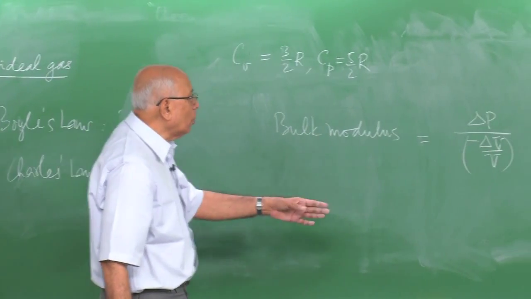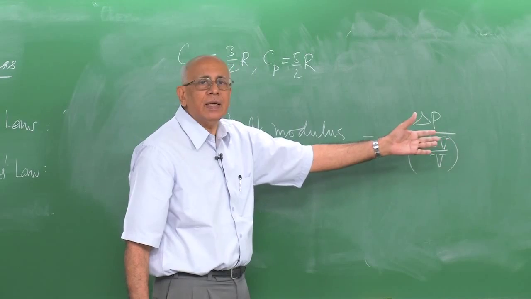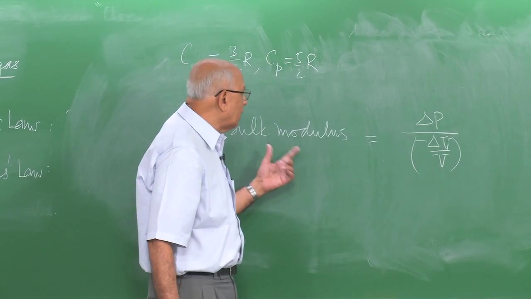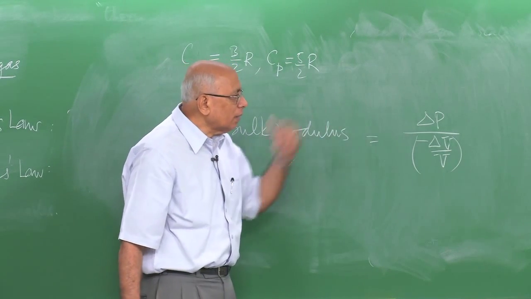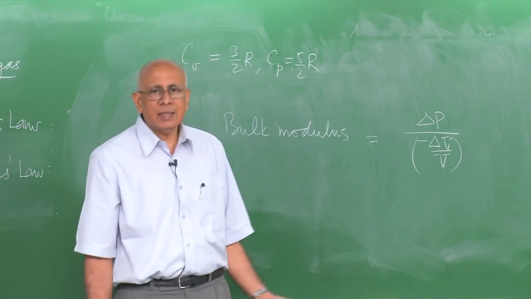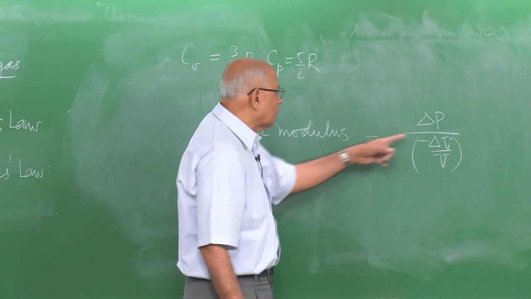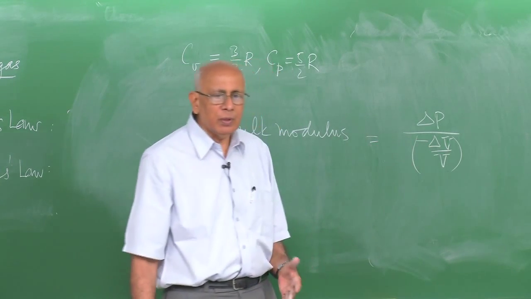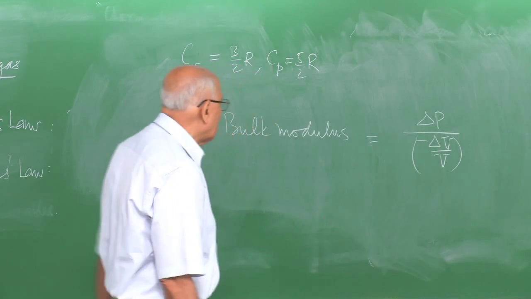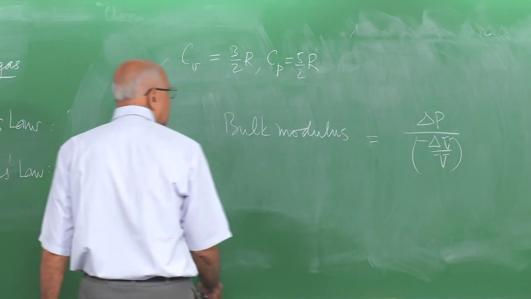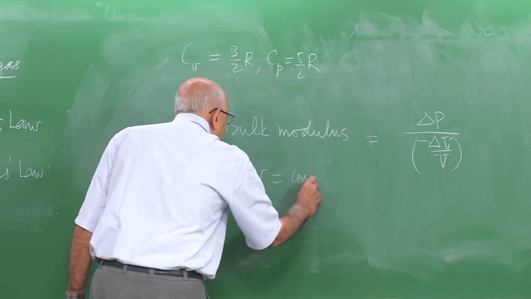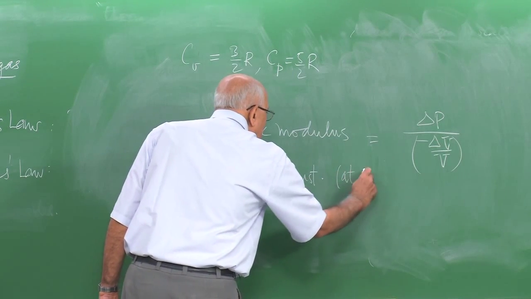What we need to do is to compute what this quantity is for a classical ideal gas in the case when these become infinitesimals here. Now it has got to have the dimensions of pressure, which has got to have the dimensions of an energy density. The only quantity which has dimensions of pressure in this problem is the pressure itself. So I would actually expect that this thing turns out to be the pressure itself, and indeed it does. When we looked at the speed of sound in the isothermal approximation, we discovered the bulk modulus was equal to the pressure itself. But let us derive this again, because you have PV equal to constant at constant T.